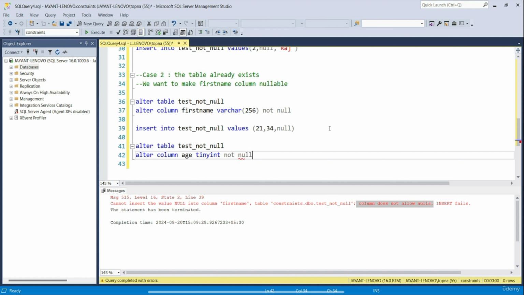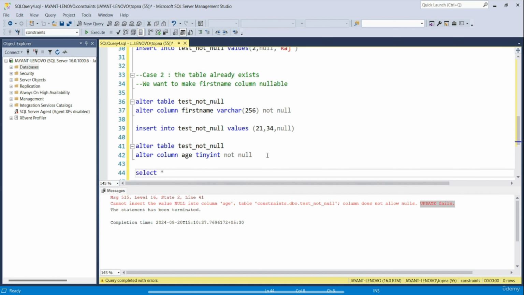And let's see if SQL Server allows us to execute this statement or not. If I execute the statement written in line 41, 42, SQL Server throws an error stating that the column does not allow nulls and the update fails. So we were not able to update the constraints applied on the age column. Why was that so? It is because if I run a simple select statement, that is SELECT * FROM test not null, if I run this statement,